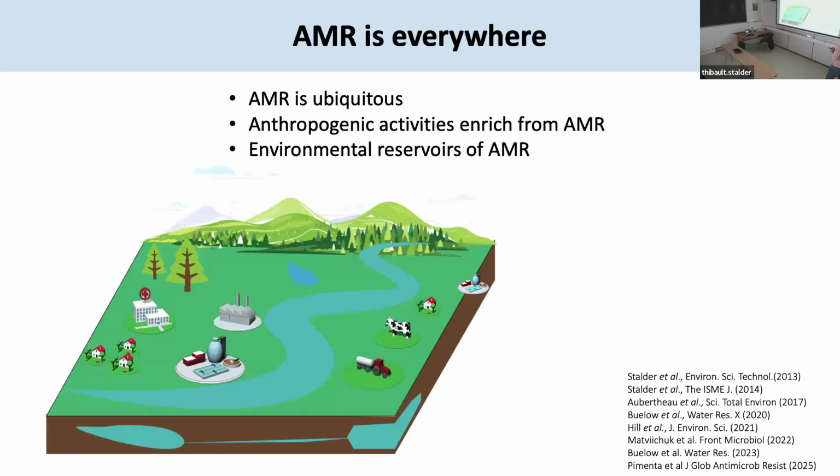And what has been shown over and over during the last 15 years is, first, that AMR is ubiquitous, meaning that we find it everywhere. If we take samples from everywhere in the environment, we're always going to find antimicrobial resistance. It's been shown pretty well over the last 15, 20 years. And what has also been well described, and here I just put a long list of publications from the INSERM Resinfit team that contribute to that, but there are many people all around France and the world who show this,